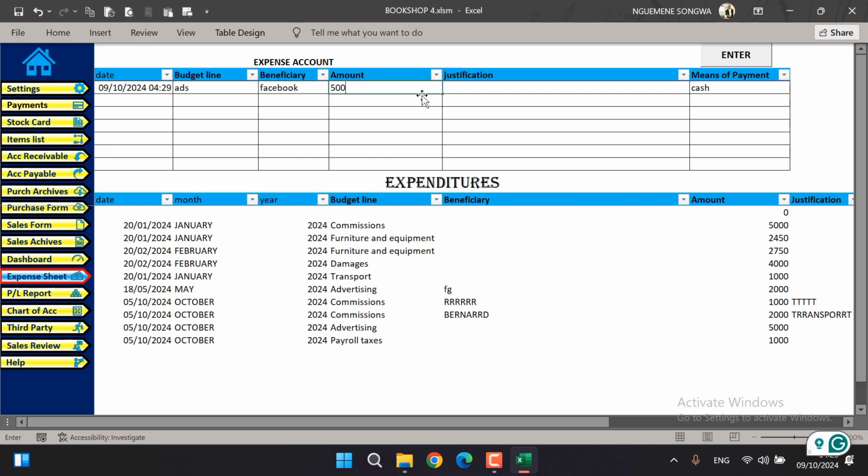Let's just say 5,000. Then I put a justification if need be, and I put the means of payment. Then I take enter, so I can enter many expenses. If there's another expense, so transport, for example, I put the amount I've spent on transport today. I put a justification. When I take enter, it's going to validate the expense. As you can see here, it's going to validate the expense, and it just keeps building our different expenses and